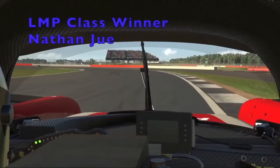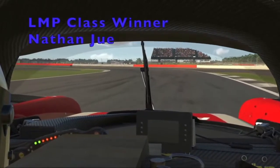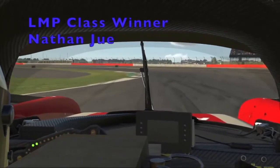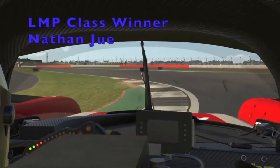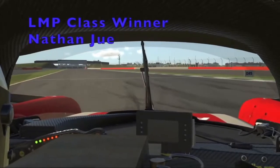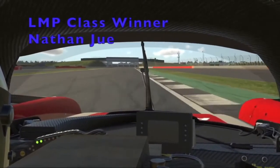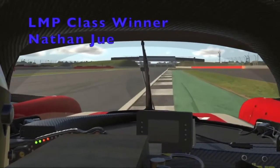What about the tire wear, actually? Because you did have that. Yeah, I went into the race planning on taking tires on my second stop, but things felt good, and I figured that it just wouldn't make sense to take tires. I didn't actually check what my wear was at either pit stop. I just forgot. But there was definitely a point in the middle of the second stint when my car was quite heavy with fuel. I figured, let's try and back off the pace a little bit, save the tires, and I think it paid off because